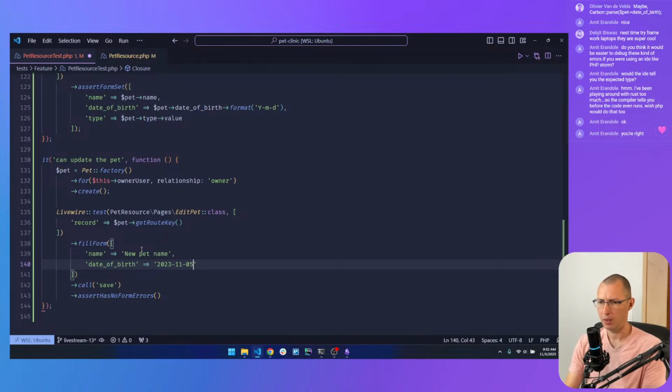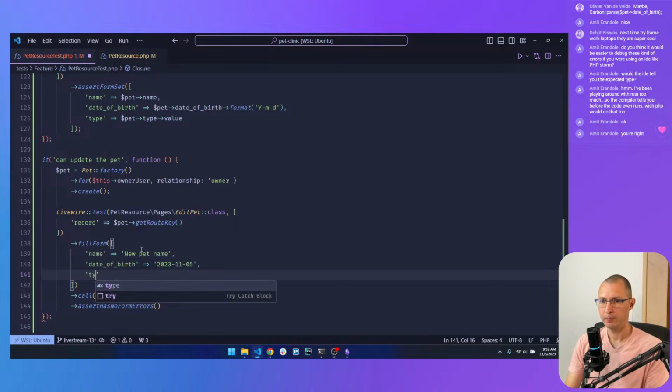Today's the 5th, right? And for the type, let's use one of the types that we have, which is, I think, cat. Let's use cat.